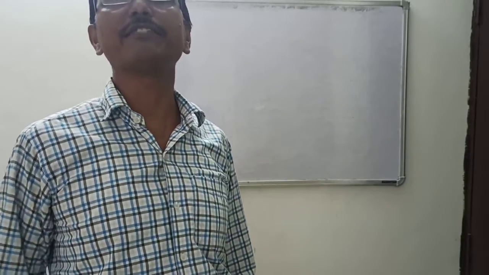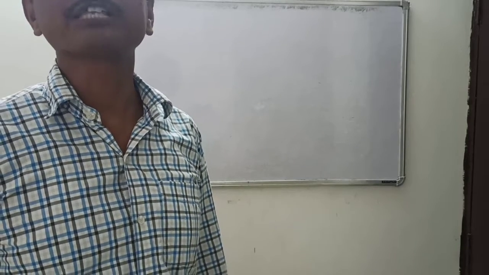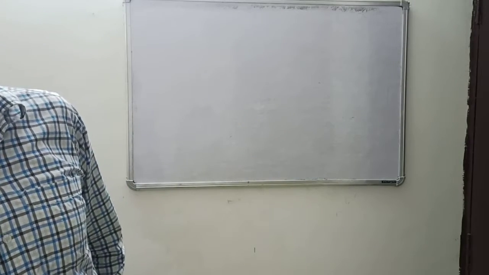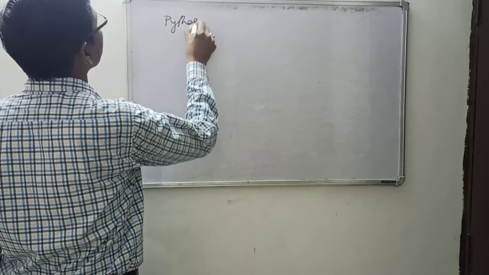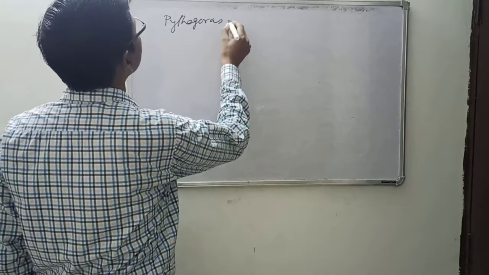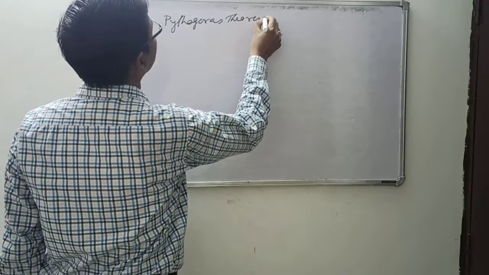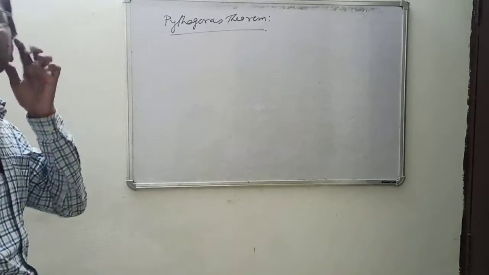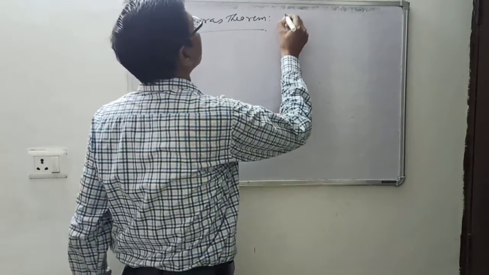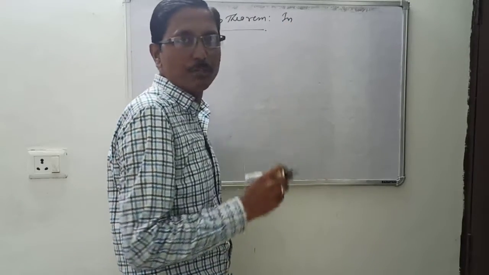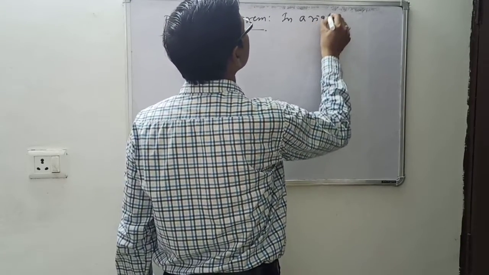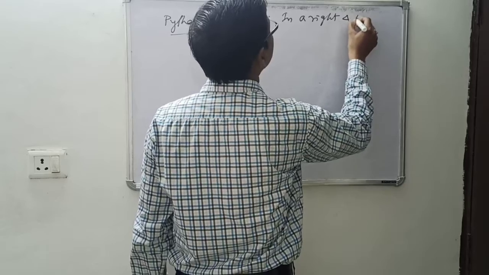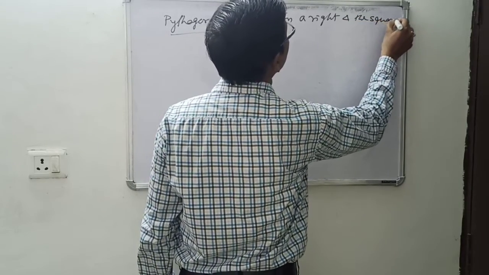Mainly you have learned that in a right triangle, the square of the hypotenuse is equal to p square plus b square, or in whatever form you have written it. But here, see, that is the Pythagoras theorem. That statement you also have to remember. In a right triangle, that result is applicable only for the right triangle. In a right triangle, the square of the hypotenuse